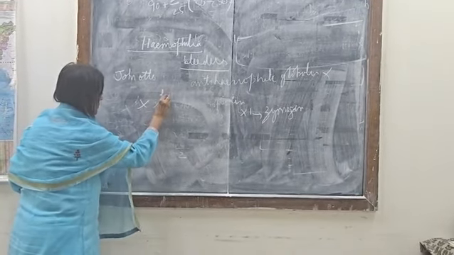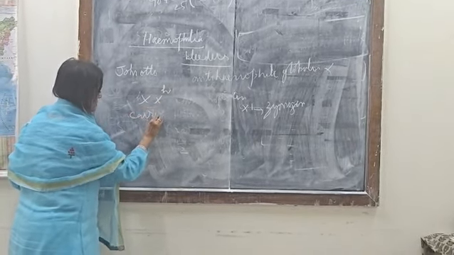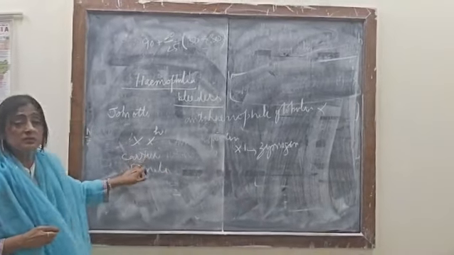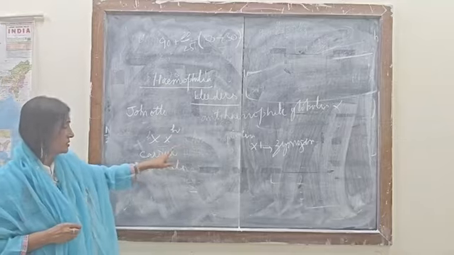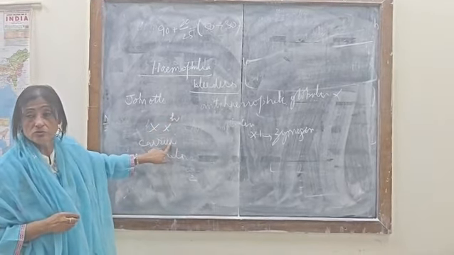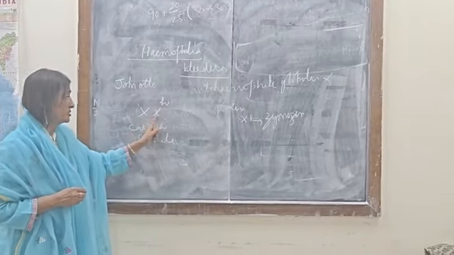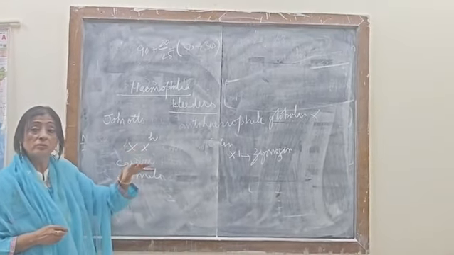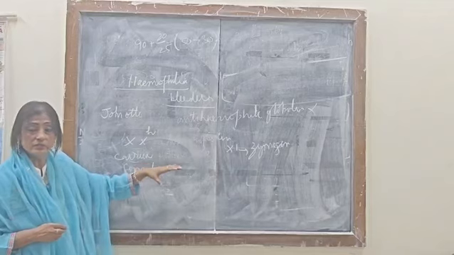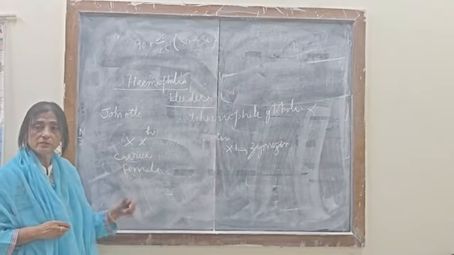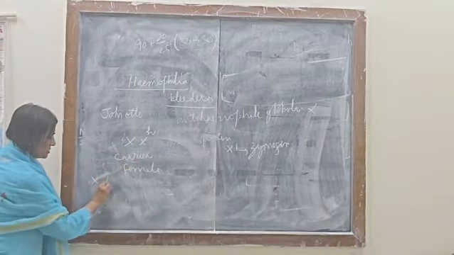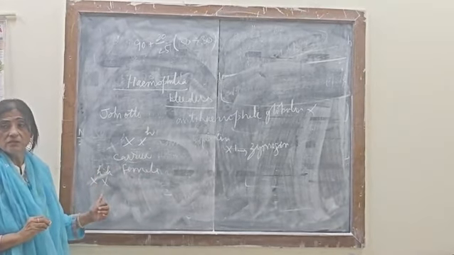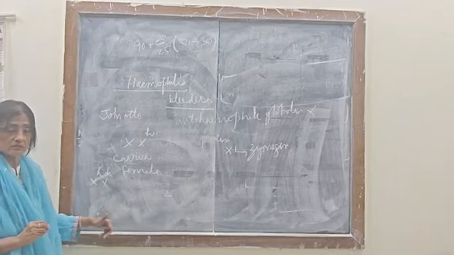It is a carrier female. Why is the female a carrier? Because the female has two X chromosomes and it is an X chromosomal defect. If one gene is recessive, the other X chromosome has the dominant gene which controls its effect, so the female is a carrier. The lethal condition is when both have the recessive defective gene. It is a lethal condition, but it is a rare condition.